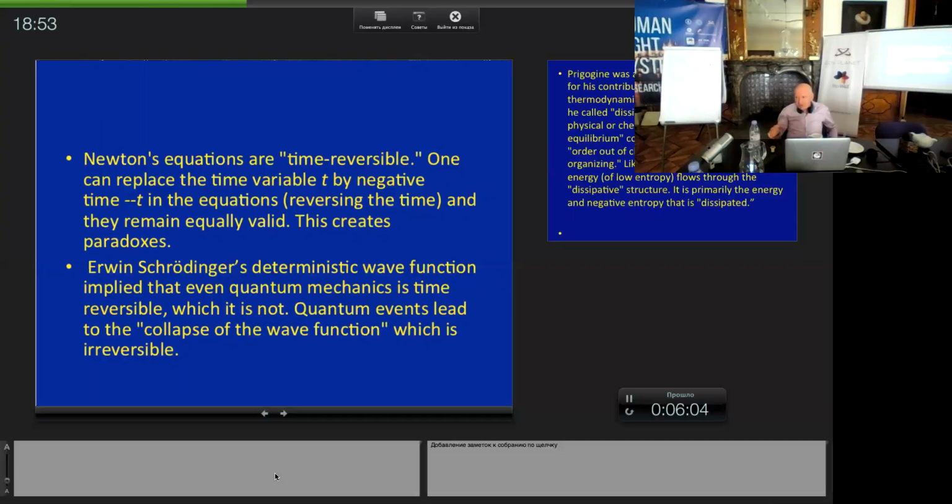And it was, again, another paradox. That's why I mentioned to you that quantum mechanics is limited. One limitation is time reversibility. And so came the idea of quantum collapse of the wave function, but again, it was one